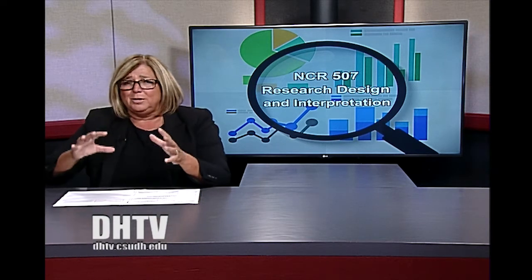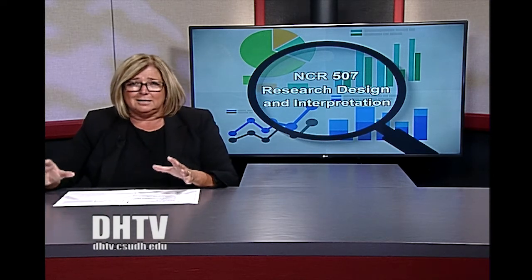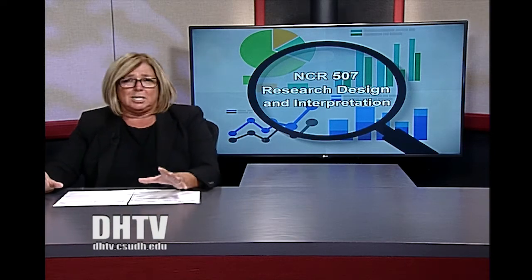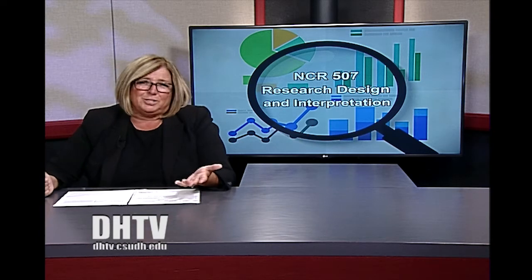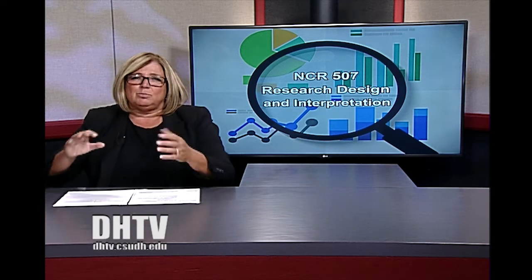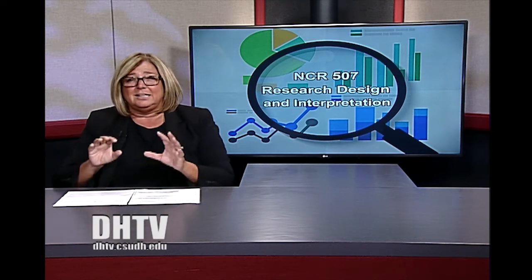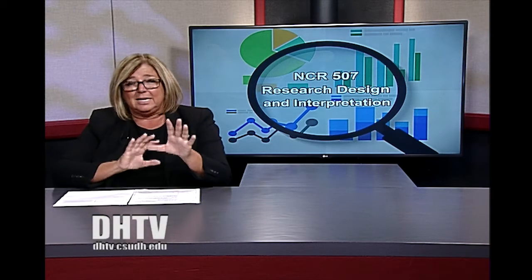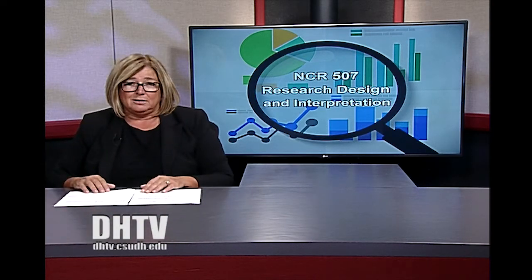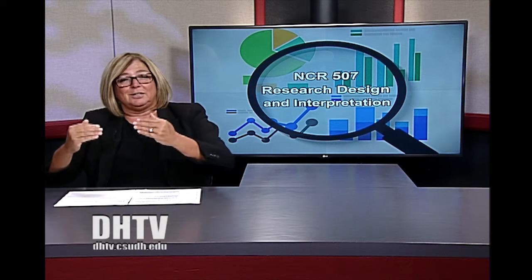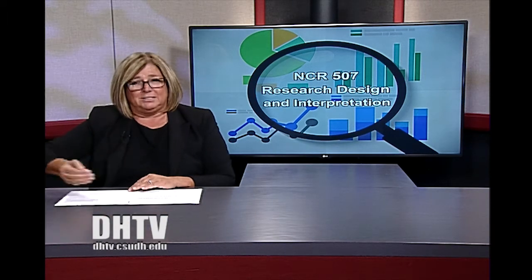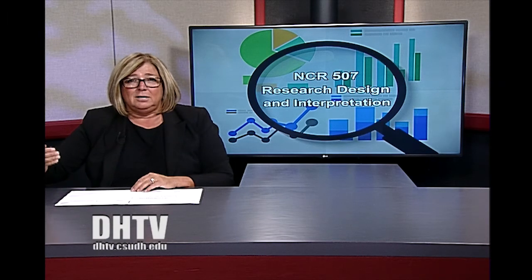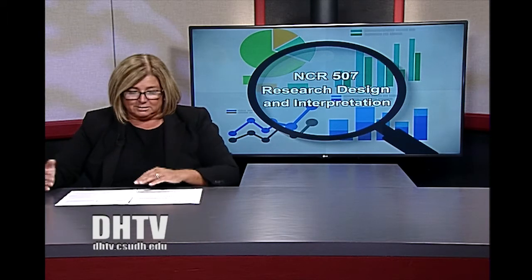You can't prove without a shadow of a doubt that a certain thing is for sure causing another thing, but you can try to assign causality. That's really what we're trying to do in experimental design. We're trying to remove the other effects so that we can see how one variable or set of variables operates on another. And we do it through very strict controlled guidelines. And as we're diligent, then we're able to isolate those effects and see them. And we do it for the betterment of the humans that we serve.